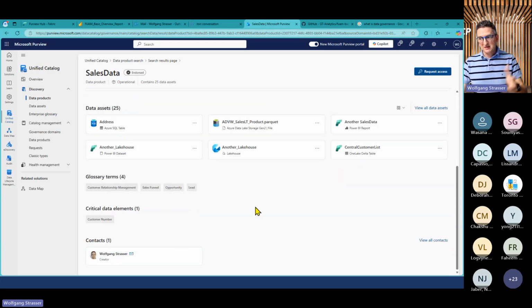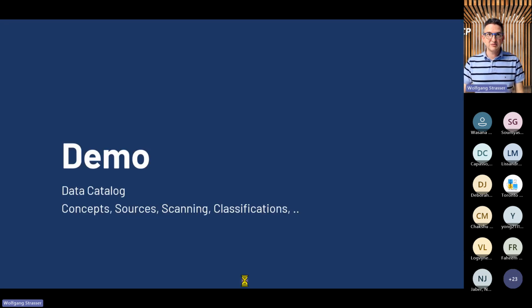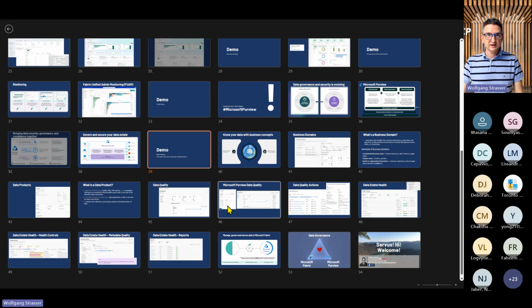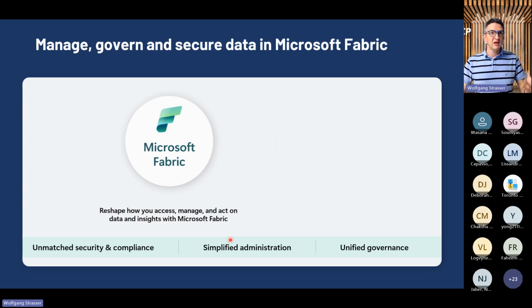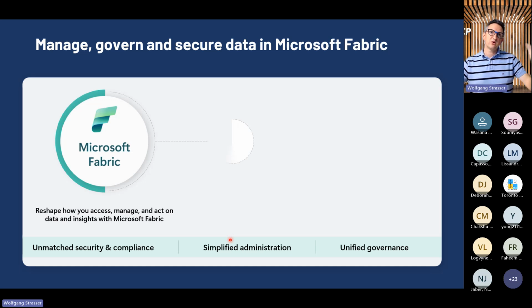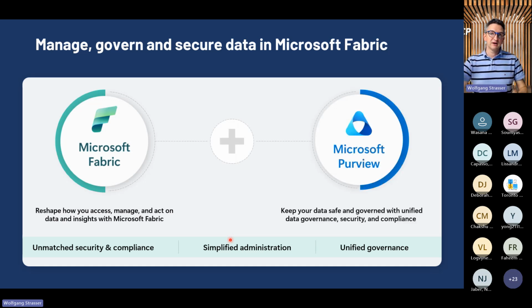And with that, as I'm over time, I'm going to skip some of those slides, but think about it: we've got Microsoft Fabric. We've got the unified approach to store the data, to have everything for your analytics in one place. But there is more. If you think about your data landscape in your company, there is more. And what you maybe need is the broader view of a data catalog with Microsoft Purview.